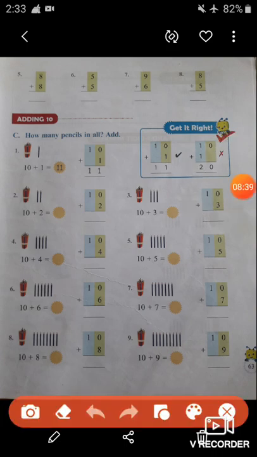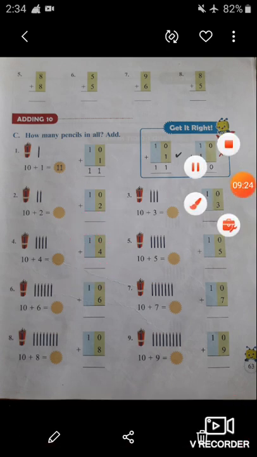Now students, second one, a bundle of pencils, it means 10, and 2 more pencils. So when we add 10 plus 2, we get 12. Now here in vertical addition, at ones place 0 and 2, so we get here 2. Now at tens place there is only 1. Below nothing is given, so here we write 1 same as it is. So here the answer will be 12.